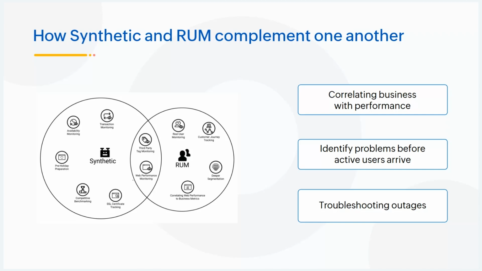RUM, which is real user monitoring, is the most valuable for measuring application responsiveness for each live user during peak hours. So when it comes to troubleshooting outages, combining synthetic and real user monitoring data can be incredibly